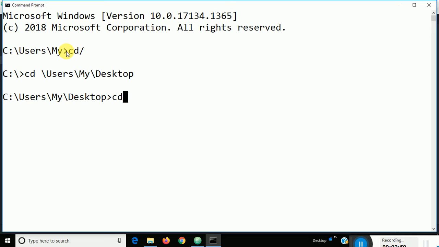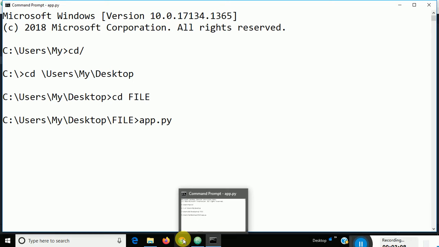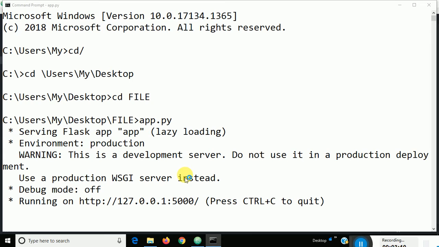The file is on the desktop. The folder name is file. Okay, so app.py. When you run this file, you just check. So it is now executed. Just a minute, we'll move and check it.